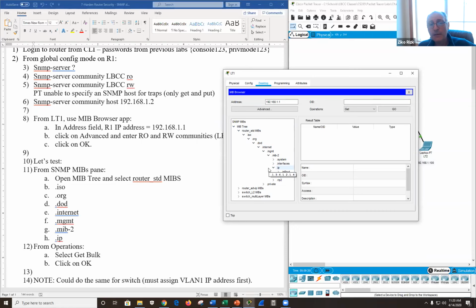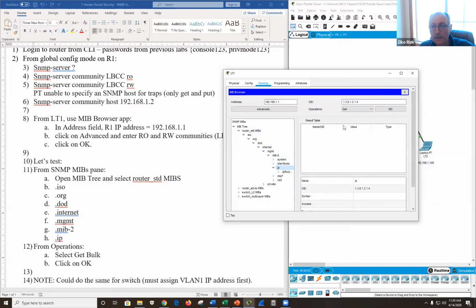So this is the problem with SNMP, the file structure, the database structure is really messy. And people don't want to have to go through all this stuff just to find out what the IP is. There are much better and easier ways to find out the IP than having to go through this messy process. Okay, and then I'm going to select the IP. And from here, let's see if bulk works. Here we go. And this is the query. This is an SNMP query. But this is the process I have to go through to query the IP information for this router.